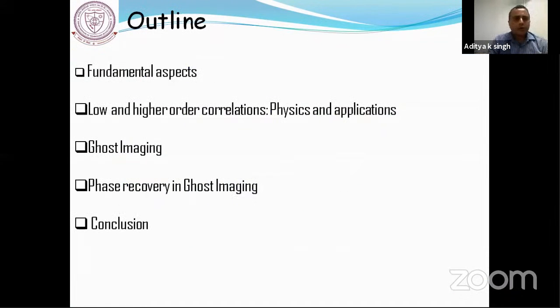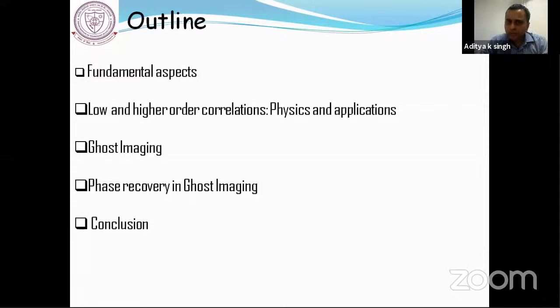So this is the outline of my talk, where I will explain the fundamental aspects, particularly on interferometry, and then what happens if we try to extend this interferometry to the vectorial domain. Though in this particular talk I will concentrate only on the scalar domain, I will try to cover how to extend the interferometry to polarized light, and then we can extend our imaging techniques to the polarization domain, or we can say we can develop vectorial correlation imaging techniques.